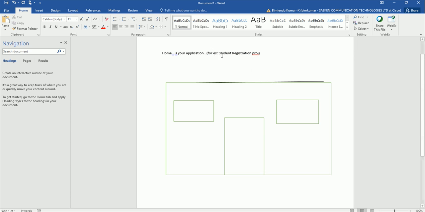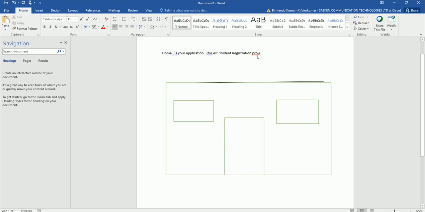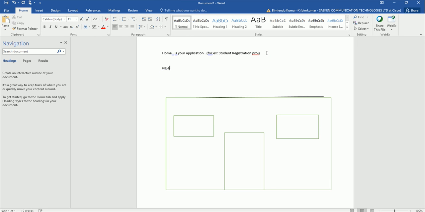Now, for a student registration project, suppose this is your home. Before going into this house, you should know the address of the house. And in AngularJS, that address is ng-app, and this is